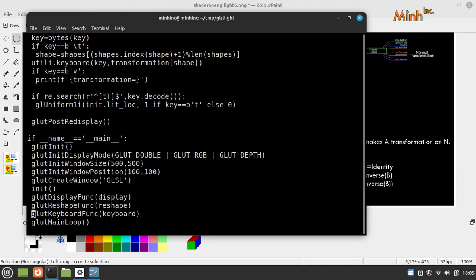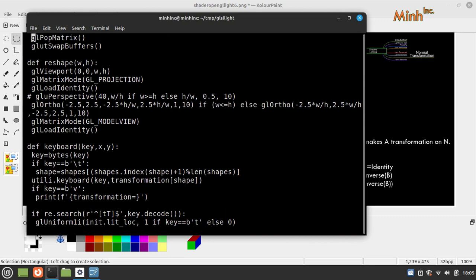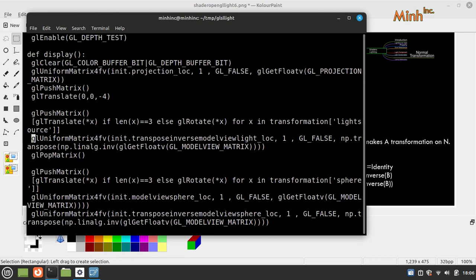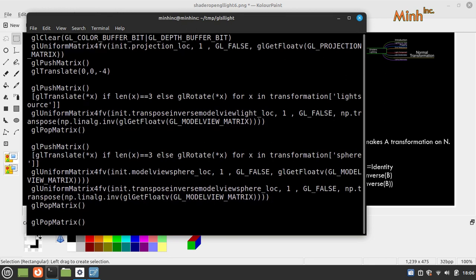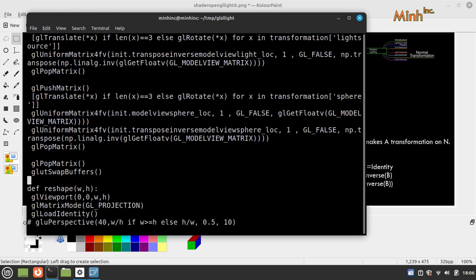So what happens is, when display is called, whatever data it can push in the GPU, it can change, like it is changing init projection data, it is changing init transpose inverse view light location, it is changing model view sphere, transpose inverse model view sphere, transpose inverse model view light. And once it is done,